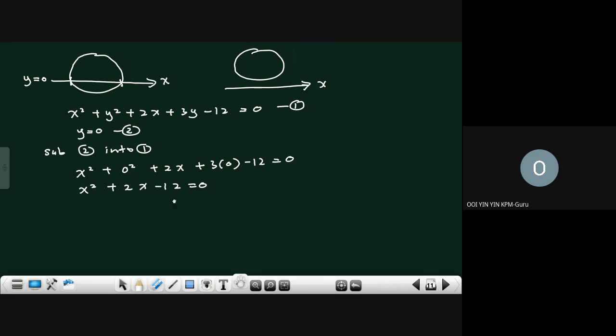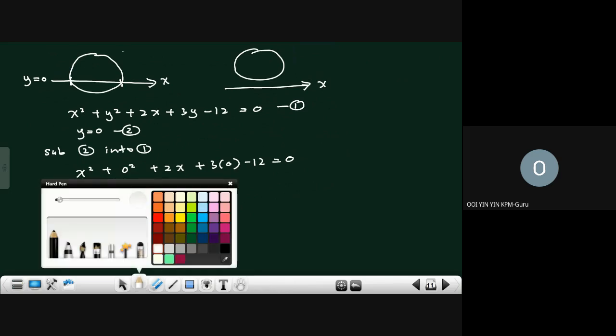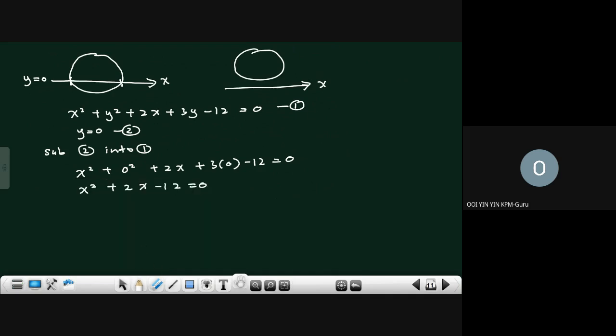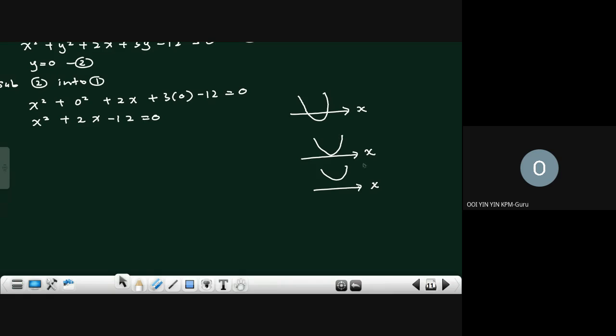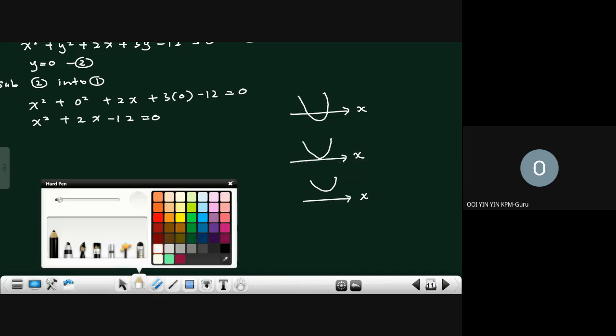Then when you get the quadratic equation, we want to know whether it cuts through your x-axis or not. How do we determine so? You still remember the one that we learned in the second chapter? You have three situations like this. Let's say this is your x-axis. We have one situation like this, and then the second one is like this, and then the third situation is like this. You remember how we determine all these three? How do we determine which of these three it is? There's something we find, right? We find a thing called